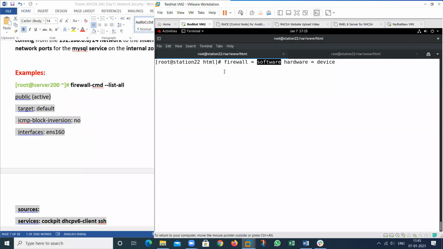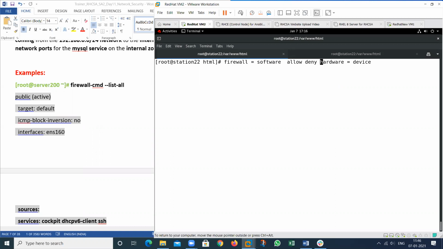So in my machine, we have an OS, operating system. In my operating system, we also have a firewall. So that is software firewall. So firewall is a service which allows. So what is the use of the firewall? Firewall means I want to allow someone and I want to deny someone.